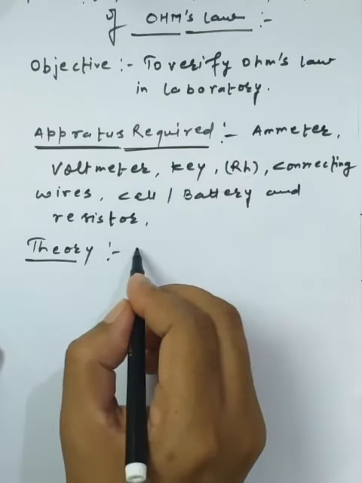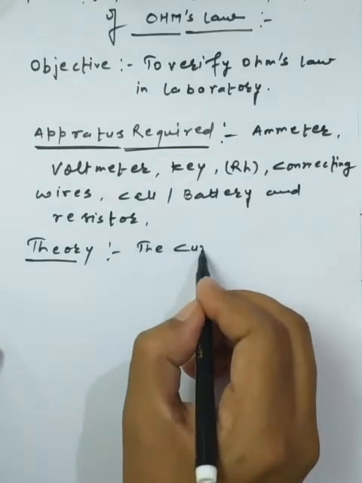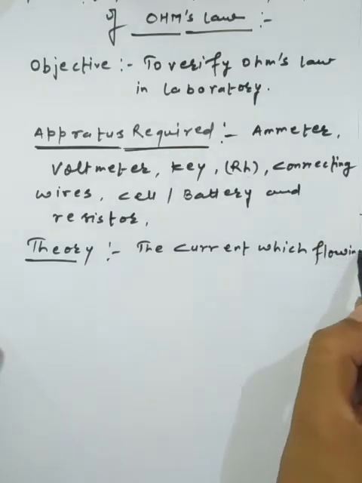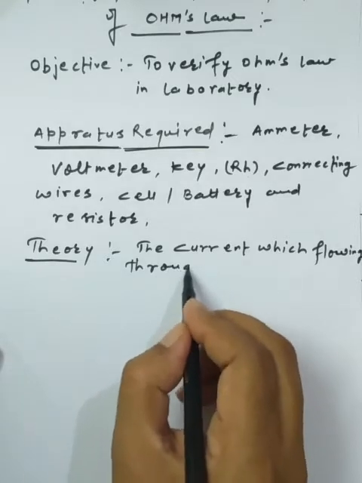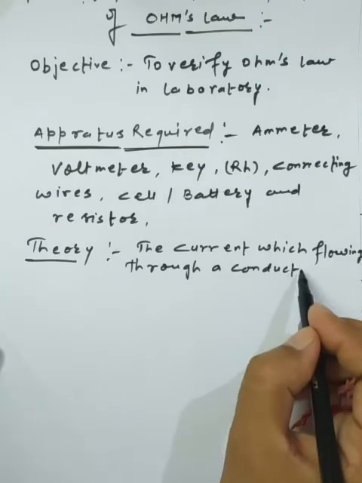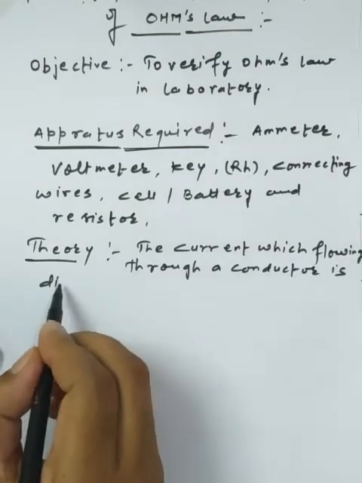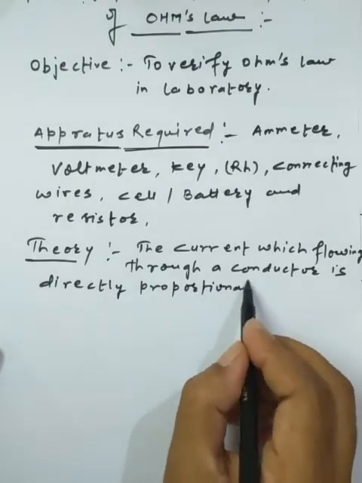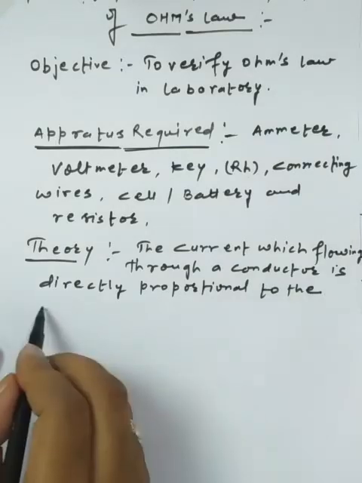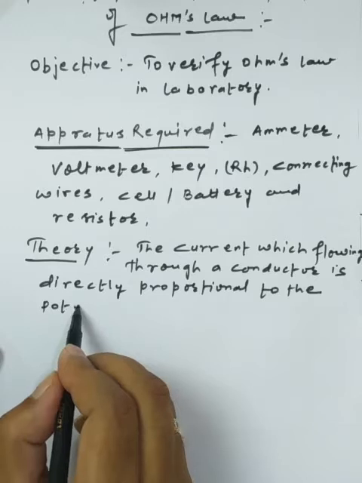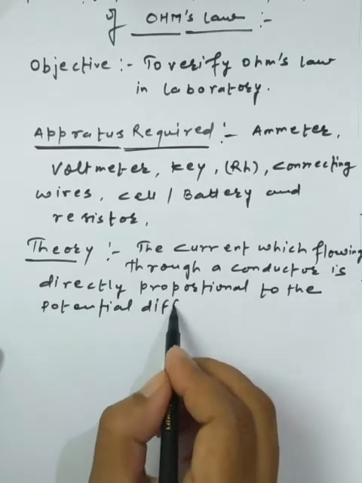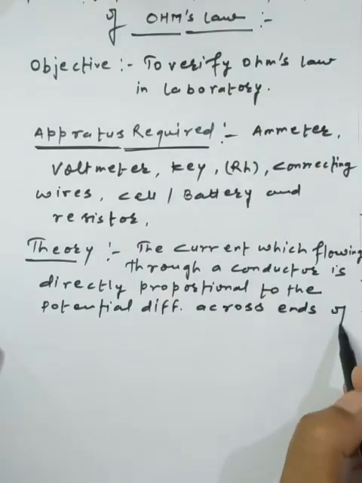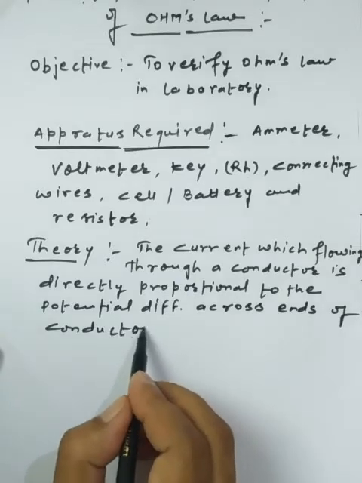Theory we will use here: the current flowing through a conductor is directly proportional to the potential difference across the ends of the conductor,